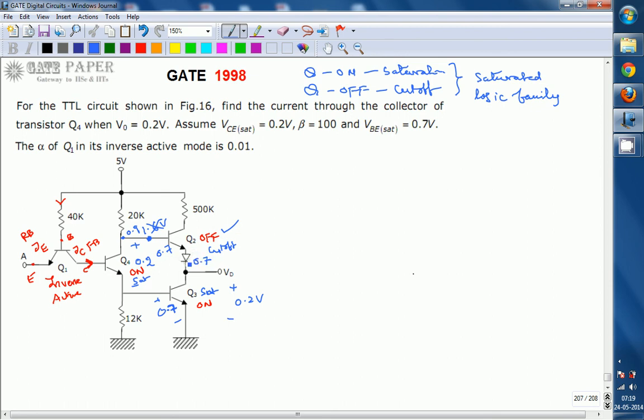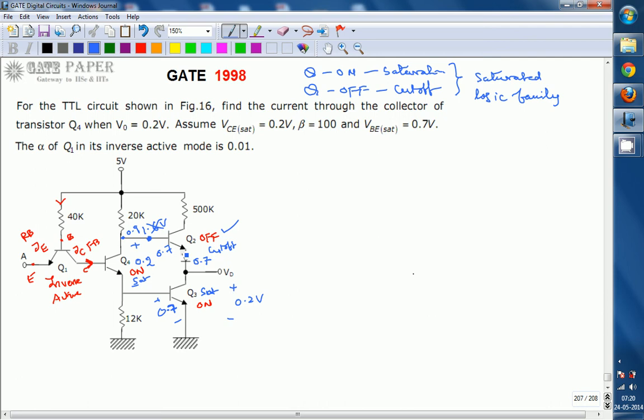If this diode is not used, there may be a situation where the expected voltage and the actual voltage are both going to be 0.9 only. So the extra diode is used to ensure that whenever one transistor is in the on condition, the other must be in the off condition. By using this diode, the noise margin of TTL is increased. The standard value of the noise margin of TTL gates is 0.4 volts.